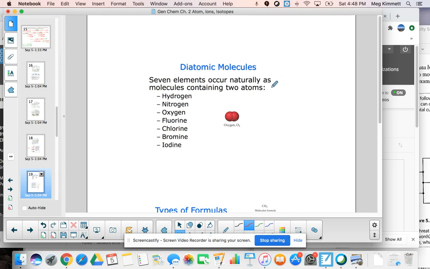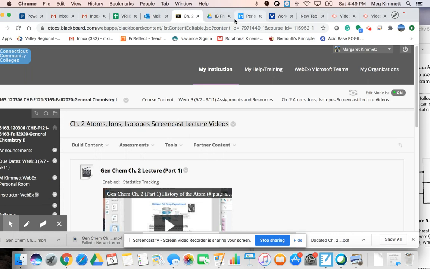What are diatomic molecules? Diatomic molecules are elements that exist naturally in the diatomic state. So there are always 2 of them. And in a few chapters from now, we'll talk about why that's always true. But as we get into writing chemical equations, it's going to be very important that you know these 7 elements that exist diatomically. So what I'd like to do is take you to this website that you might want to